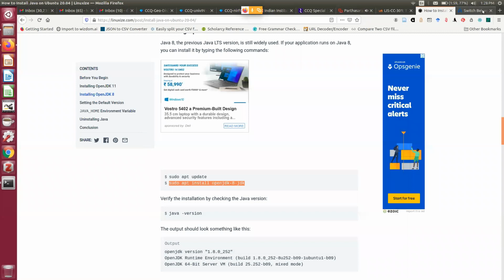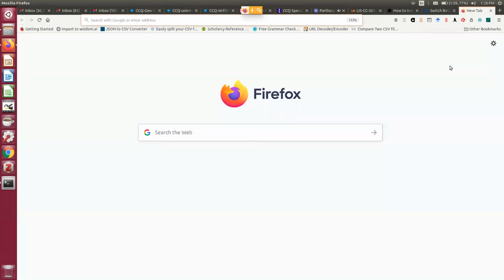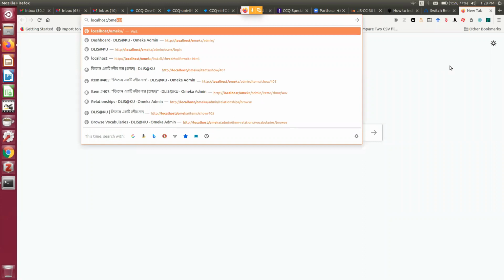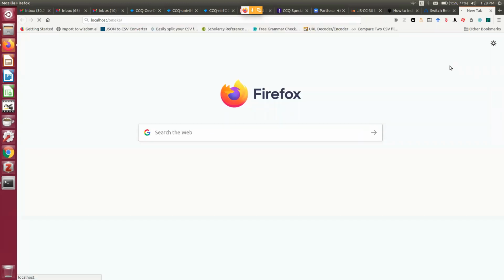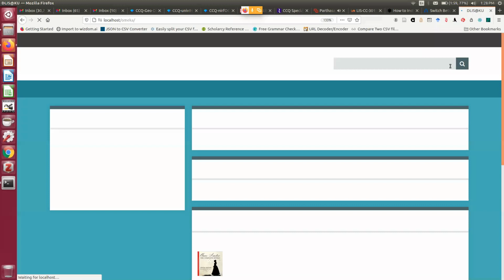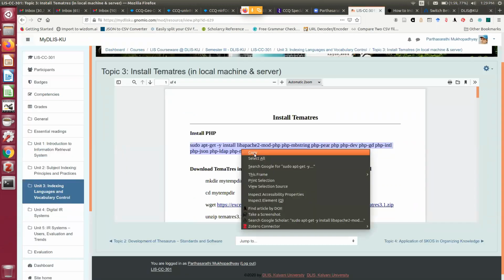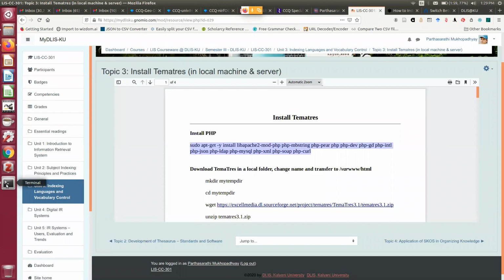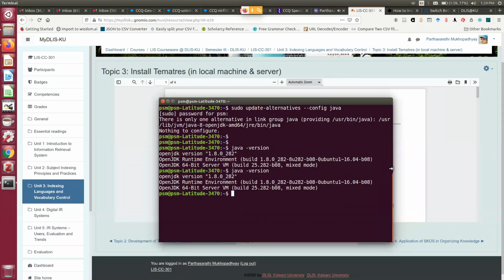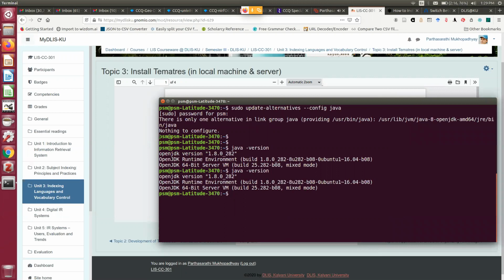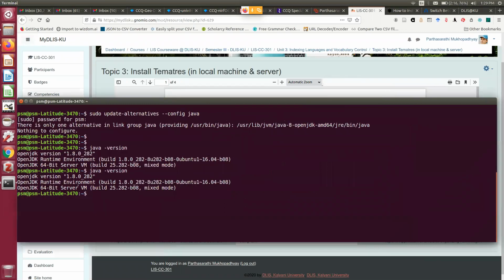And today, apart from this, we are going to learn how to go for different kinds of plugins in Omeka. Those who have already installed Omeka and are facing different kinds of PHP related problems, my suggestion is that you again come here, select this one, copy this, open this terminal, stretch this terminal to the maximum possible way, then press it and check